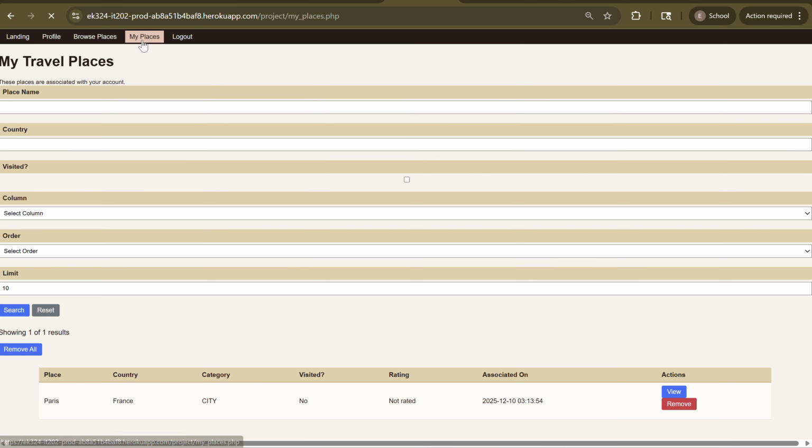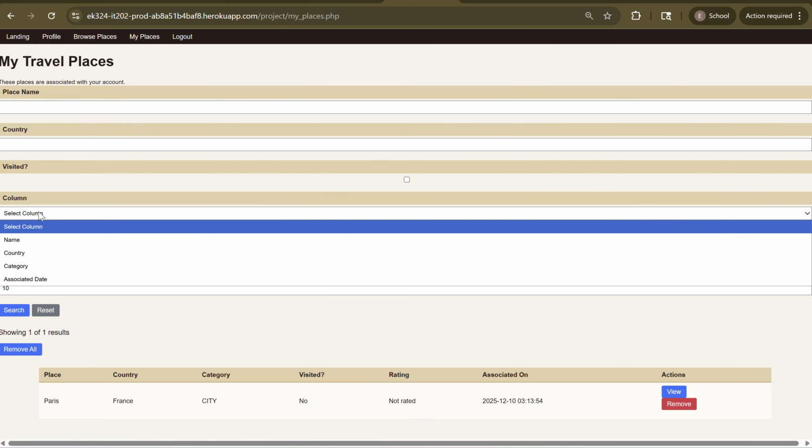I go to my places, and then here we can find the places from our list. The same logic for place name, country. The different thing is column, order, and limit. Limit is basically how many results it's gonna give to us. And for column, so